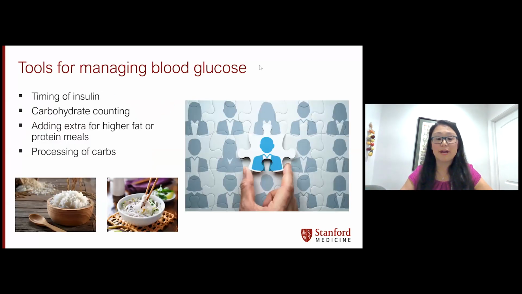Some other tools for managing blood sugar. I always like to think about timing of insulin injection. So if you have diabetes 3C and you're taking insulin, what time are you taking it? Are you taking it at the first bite of your meal? Are you taking your insulin after you eat, maybe because you're having a lot of nausea and vomiting and you're not feeling well, not sure how much insulin to give? You're saying, oh, sometimes I feel like eating the whole sandwich or the whole meal, and sometimes I only really get a couple bites in. So really thinking about what that timing is.